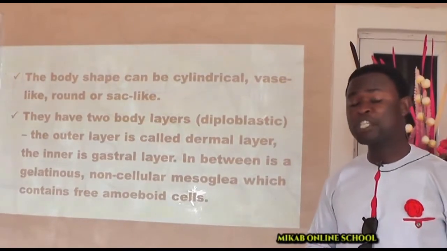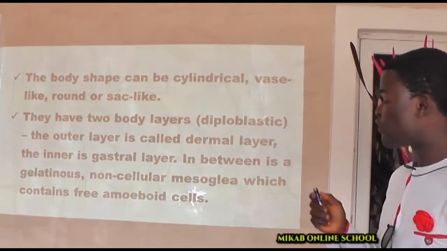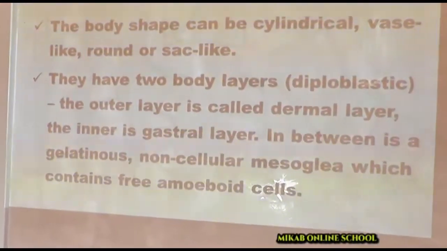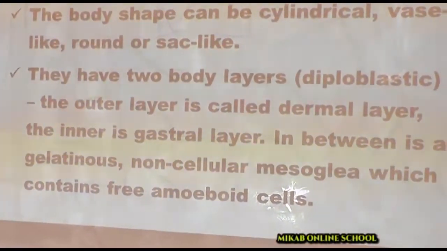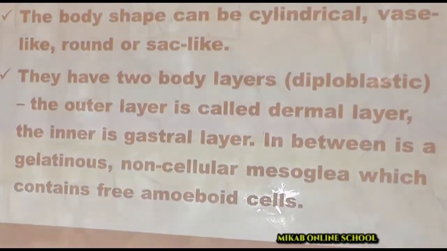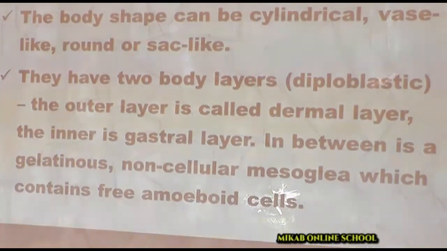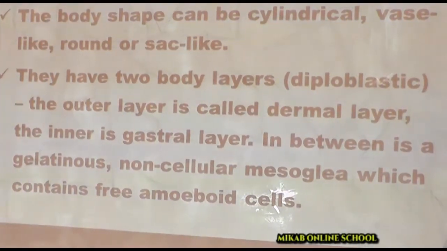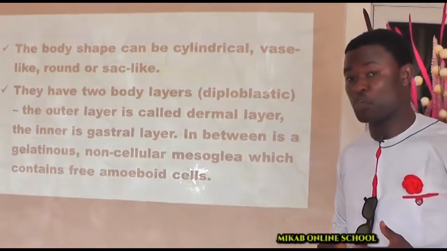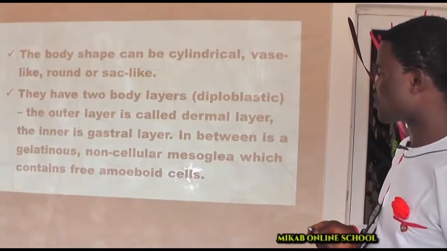However, one good thing you should notice about this group of organisms called the sponges or the Porifera is that their outer layer is known as the dermal layer, but the inner one is known as what? Gastral layer. I have told you before, whenever you hear the word gastra, you should always think about the gastric system or the stomach. That means the layer that is functioning as if it is a stomach. That is what we mean by the gastral layer.